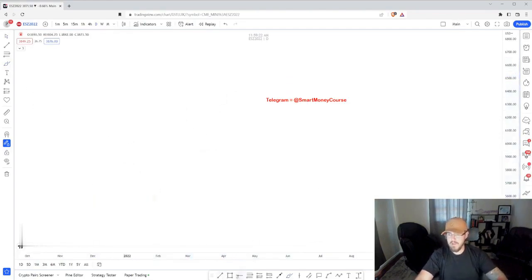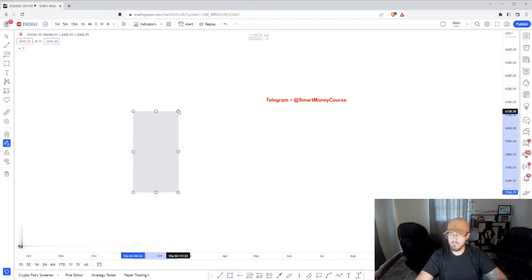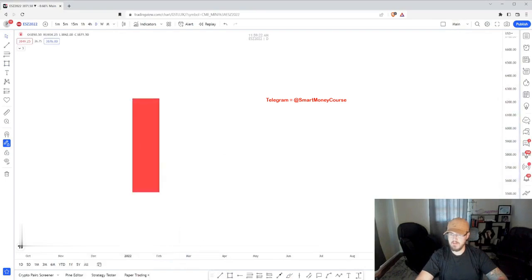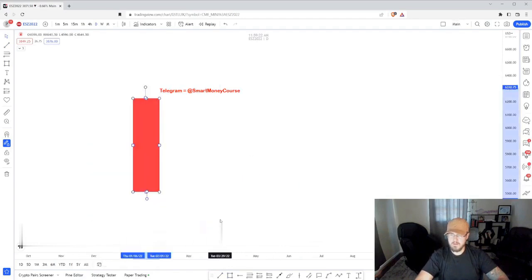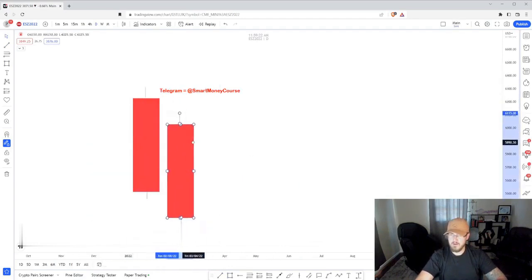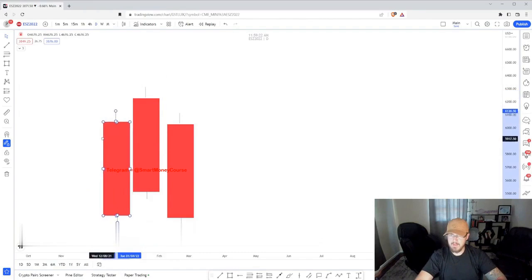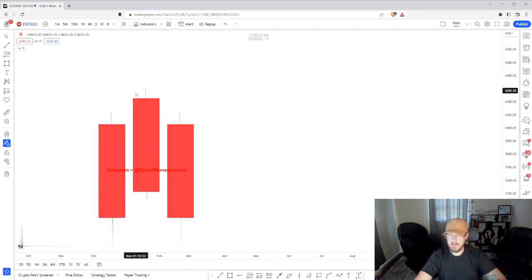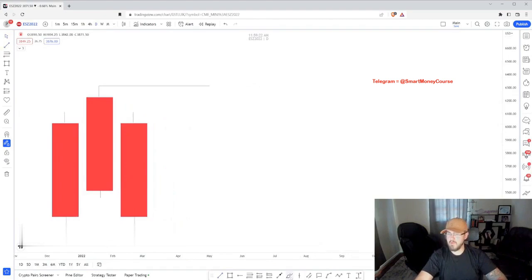So if we have a candle that is this specific formation, where we have one candle in the middle with a high that is higher than the candle on each side of it, that can be considered a high. Whenever we're talking about smart money, a lot of people want to see